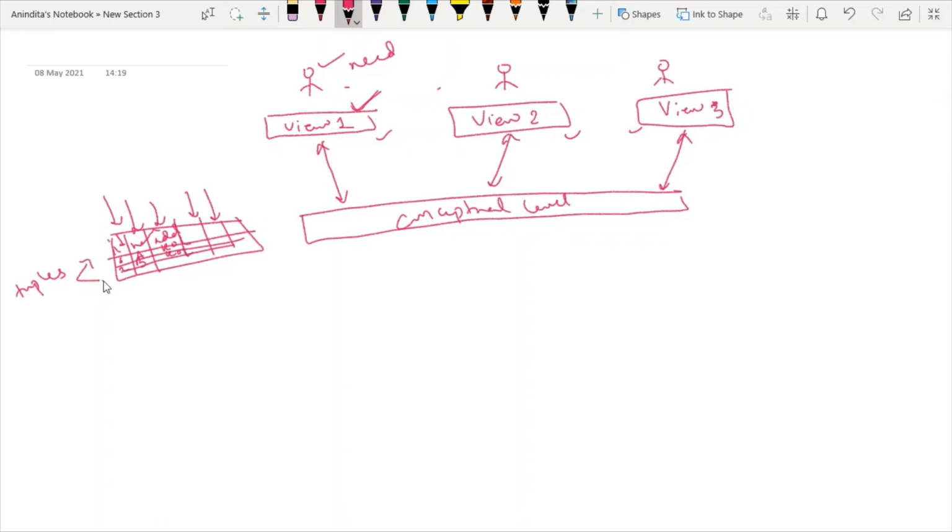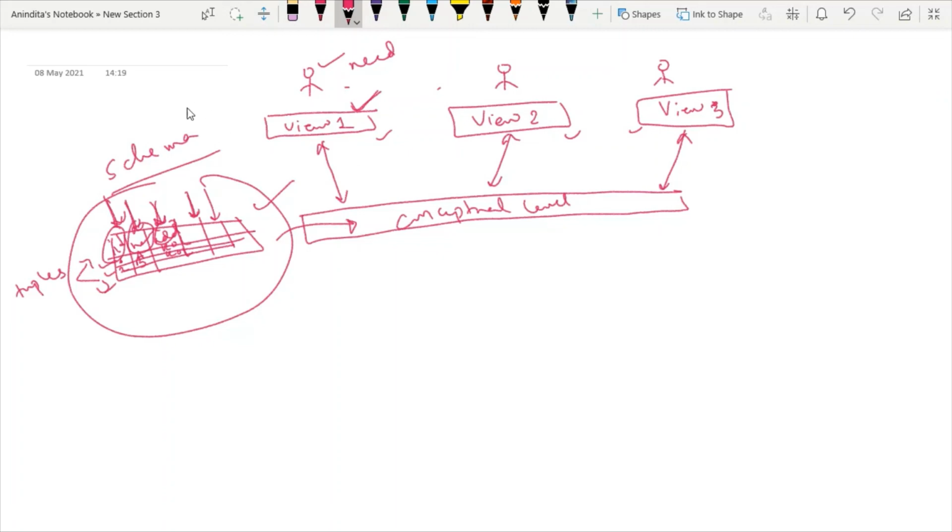So remember one point, rows are responsible for holding the records, and columns are responsible for holding the attributes of a particular table, and the entire table in DBMS is known as a schema, and this schema structure is stored at the conceptual level. And a partial schema, it means if I want to fetch ID and name, the partial schema or sub-schema is known as a view, and a partial schema is only required when it is asked for by the user at the external level.